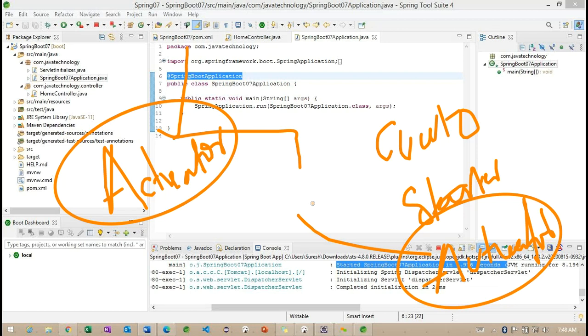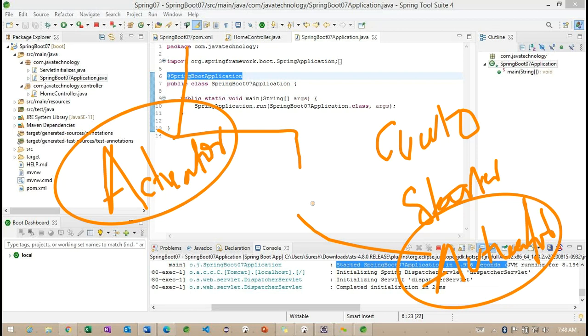Now, what are the drawbacks we identified in Spring, and what advantage are we going to get in Spring Boot here? Only one advantage, that is auto configuration. Remaining everything we take from Spring only. We have identified the controller, and even the REST controller also comes from Spring. That's the reason I did not explain it in Spring, because here we can check the example and the differences, and identify how exactly the REST controller is working.